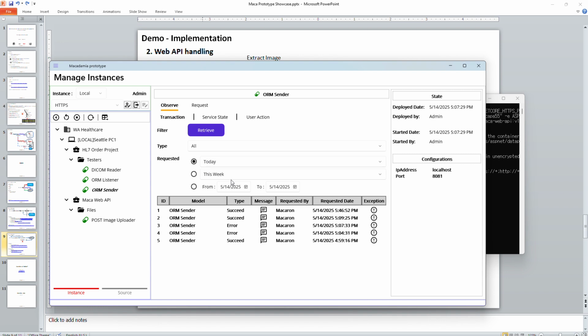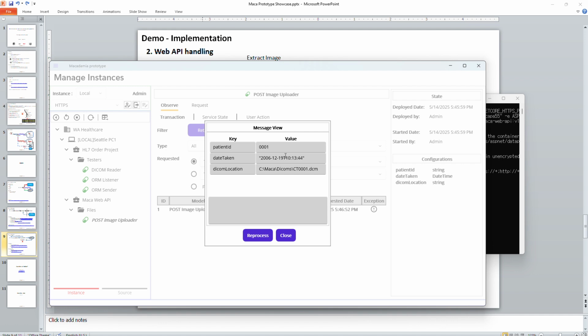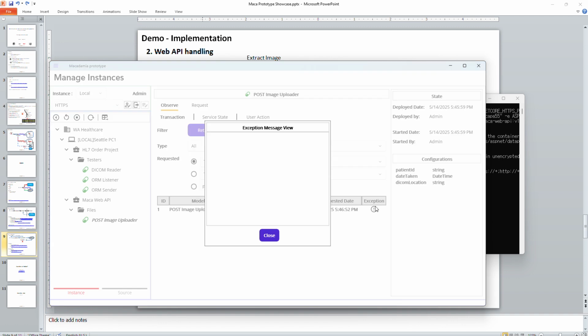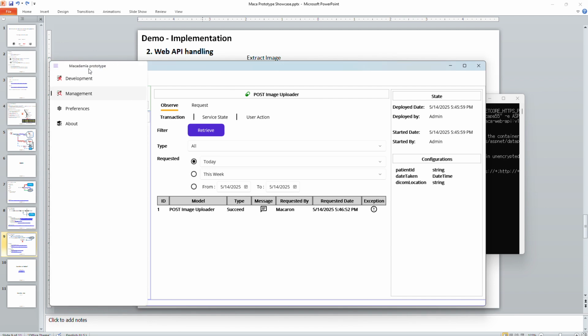We have just sent data. And lastly, we have post image uploader. Let's succeed. Great. And we have three values that passed and no exception. And if we go back to here, there's a save the one entities to in-memory store, because MACA Web API uses an in-memory database to store the image data and also store the JPEG and the PDF file to be returned when the